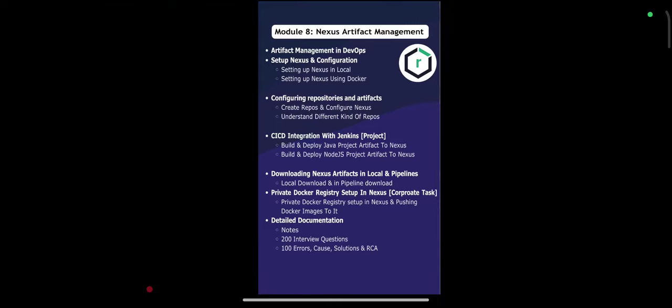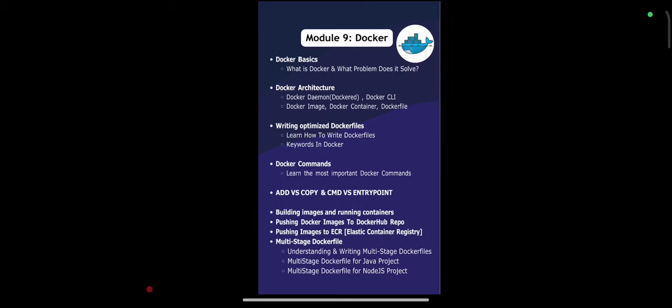And later, start with artifact management with Nexus, where you need to integrate all those things into a CI/CD. Also, meanwhile, while practicing, start building a project. By that you can understand how the flow will be and what to learn further. And later you can start with Dockerization and Kubernetes, the leading containerization and orchestration platforms, where